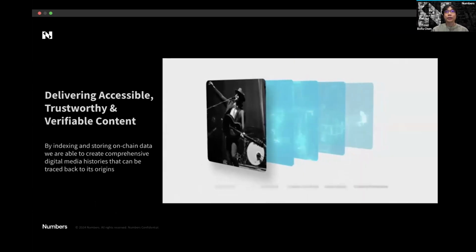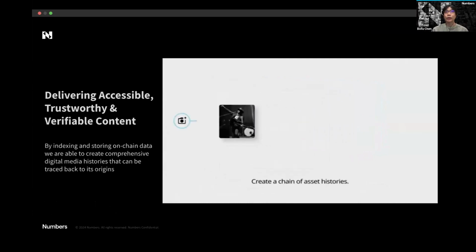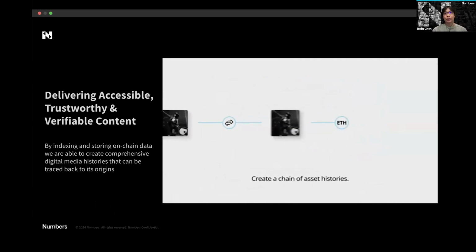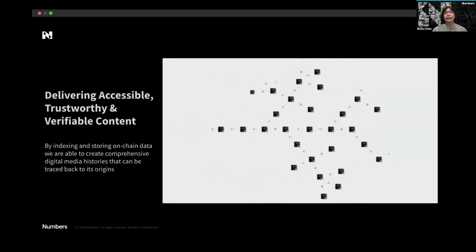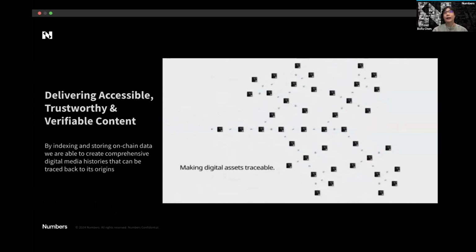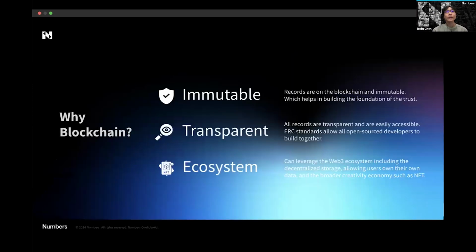A short introduction about Numbers Protocol. We use blockchain technology to index digital media content and make sure the content and its metadata are traceable and verifiable. Before going further, you might have a question. Why is blockchain needed?